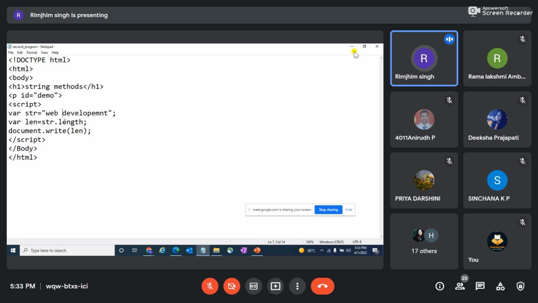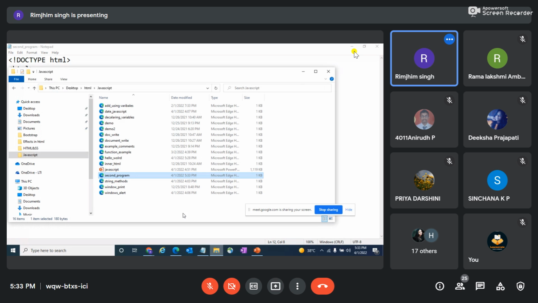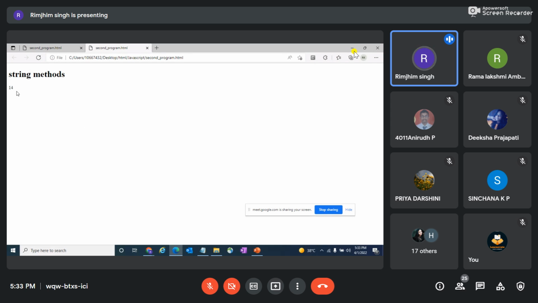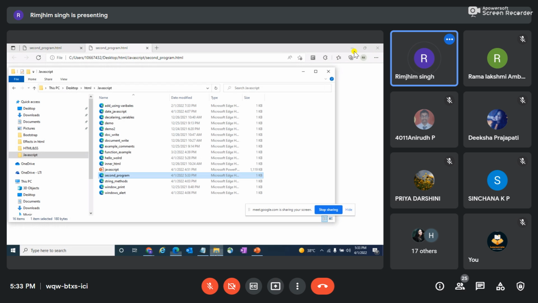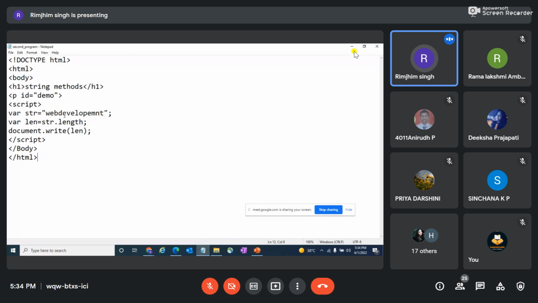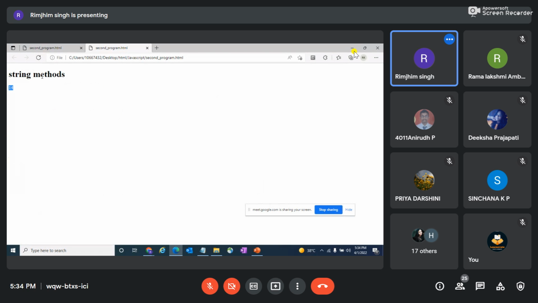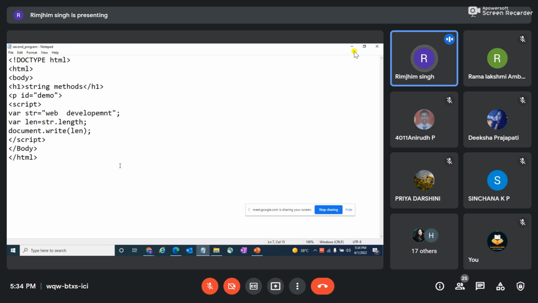So in JavaScript and in other programming languages also, space is also considered and calculated as one value. So for example, if there is no space, let me just save it and run it again. So if there is no space, my outcome will be 14. And if there is a space, let me just put in 2 spaces between web and development. I have put in 3 spaces, so it should be in now. Okay, so this program is clear to everyone, class.